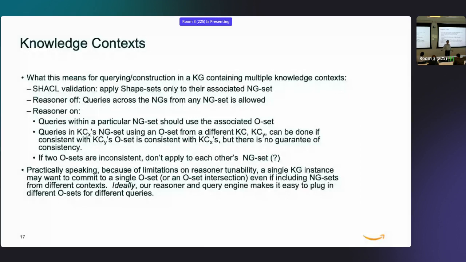And then what does this mean for creating the knowledge graph? Well, your SHACL validation is done contextually, right? You validate your data only with the SHACL shapes relevant to that context. If the reasoner is off, we can still query across our entire graph, whatever you want to do. Turn the reasoner on, and you have to now start paying attention to context, right? You have to say, okay, I can only apply this set of ontologies here, etc. Most of our knowledge graphs are set up to create a single T-box. What we would suggest is this may take some engineering that allows us to flip around to different contexts, but this is kind of what we would propose to make this work.